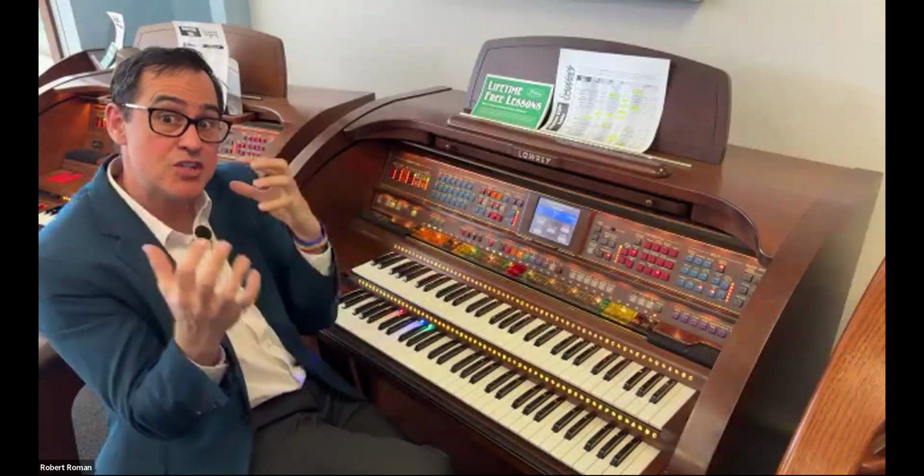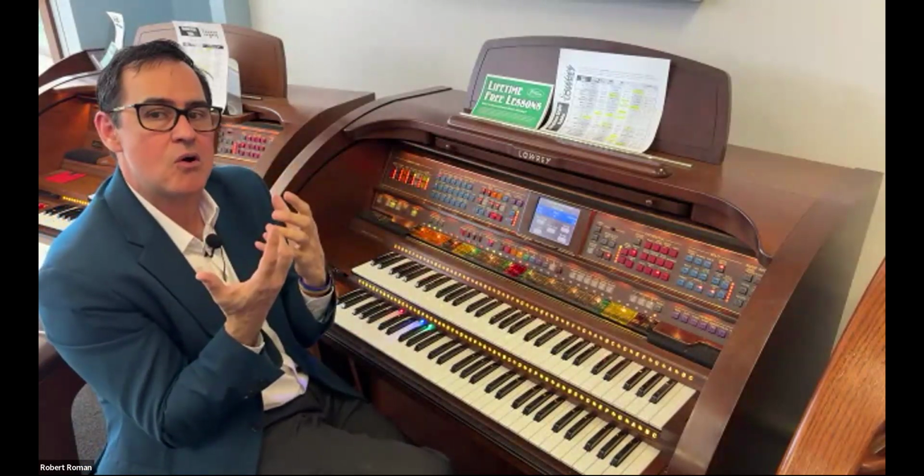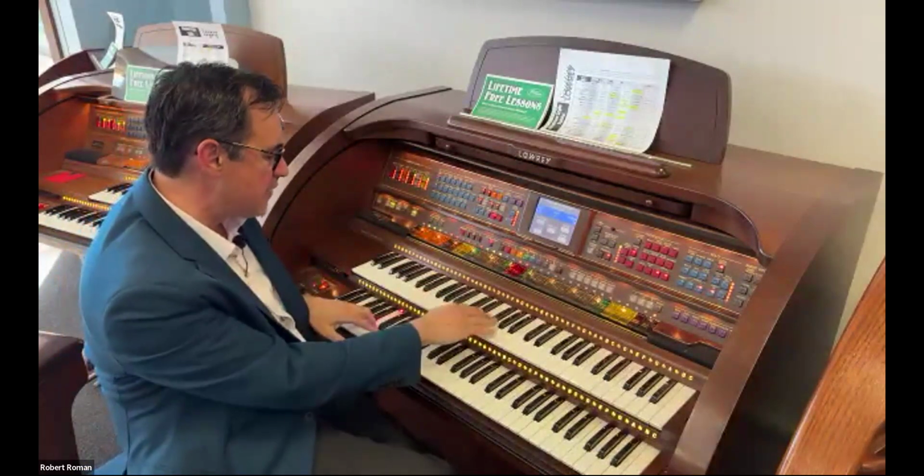Same big band, but the musicians are playing differently, and it just allows you to play either the same song or different songs. So first thing came to my mind was,